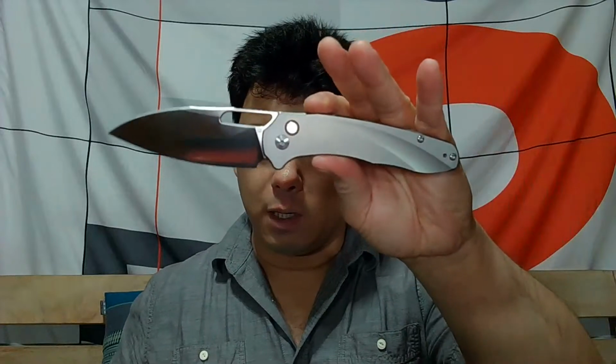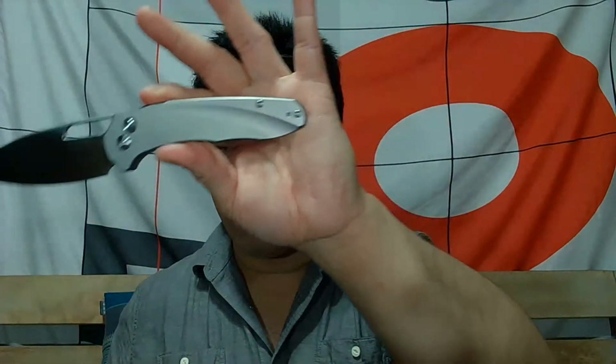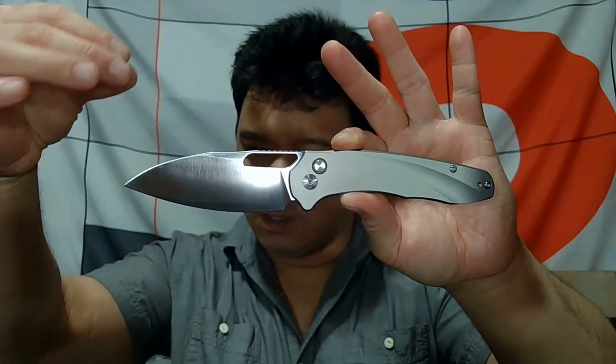If you like Lacon stuff, Dylan's stuff is way more pointy. That's a really nondescript way to say it. Let me put it this way. One of the ways I like describing Dylan's stuff is his knives always feel like they have forward momentum. They feel like they're moving because you notice how he does these very thin handles and these very pointed blades. Even his Warncliffs are